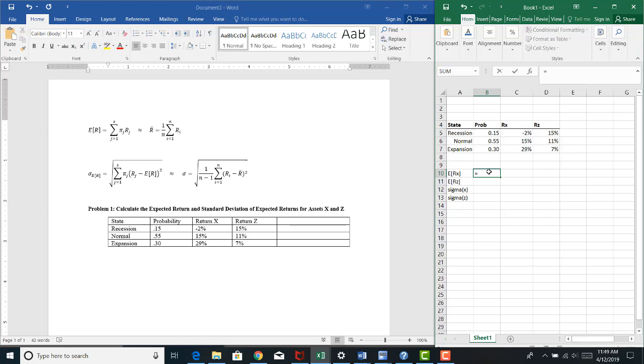The expected return for stock X is equal to the probability of the first state times the returns to stock X in that first economic state plus the probability of the second economic state times the returns to stock X in that second economic state plus the probability of the third economic state times the returns to stock X in that third state. What I've done is I've just calculated the weighted average, where the weights are the probabilities of the different economic states occurring. When I hit enter,